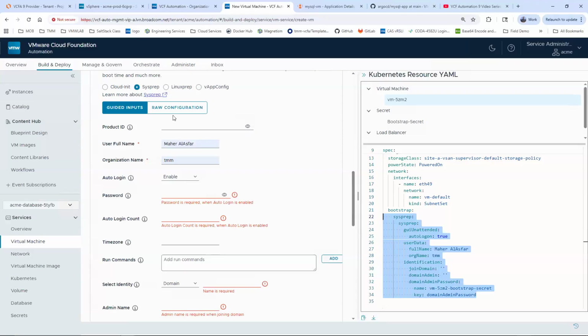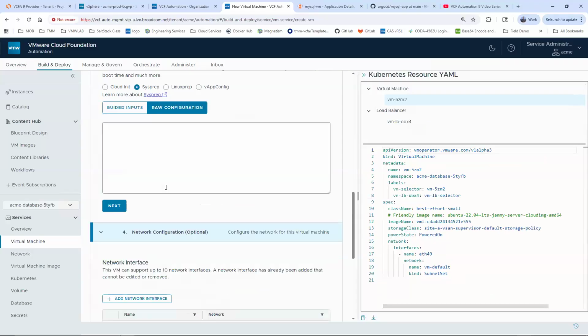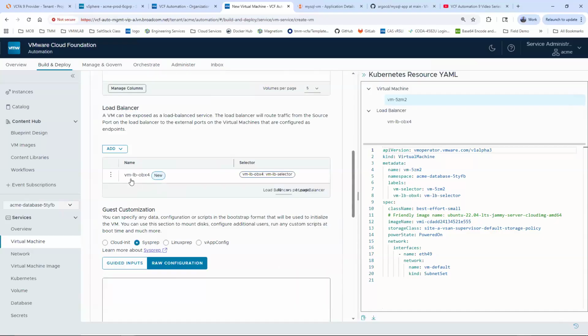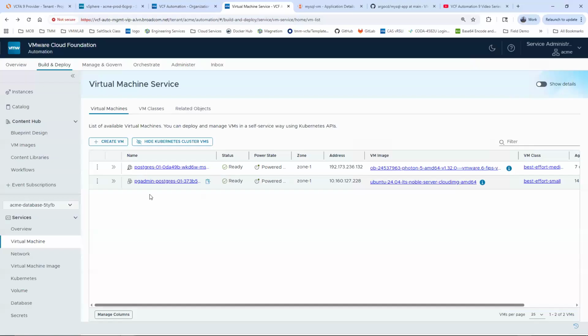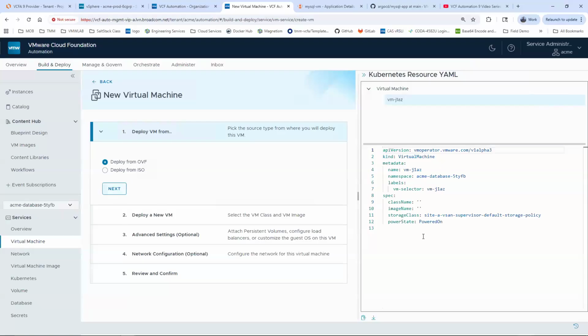But if you are using XML, you can always use the raw configuration and dump your sysprep and attendant text file, the content of the text file in here, which is XML, to bootstrap your Windows machine. So this is just quickly one of the ways of provisioning a virtual machine. One thing I forgot to mention is that at the end of this, you can download